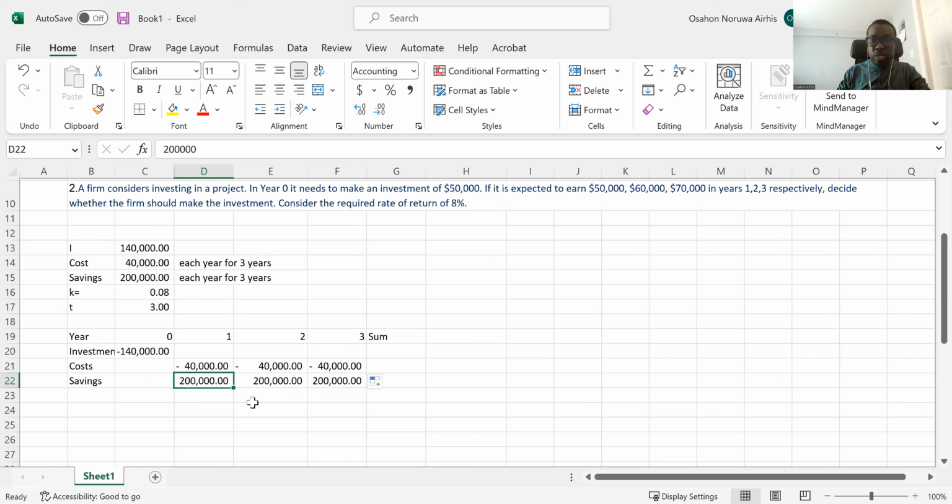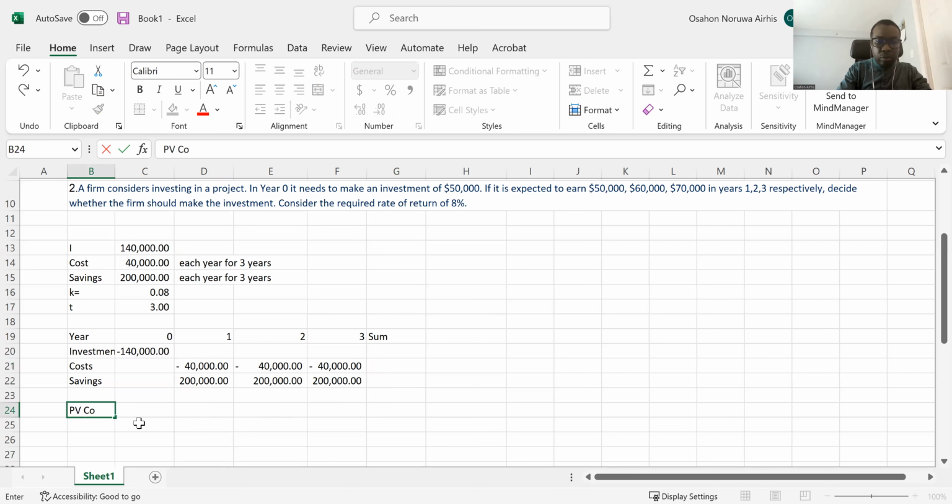So the first thing to do is the time value of money for these sets of cash flows. We can do it in lots of ways, but a safer way would be to either add these things together and do the sum here, or just take these ones and compute the net present values at the end. So let's go the other way. First of all, let's look for the present value of the costs. So remember our equation, let's just state it here. To compute the net present value of an investment, which in this instance is a project, it's equal to